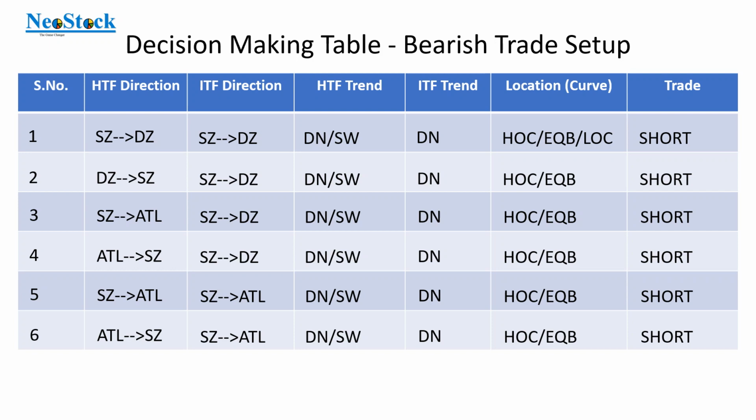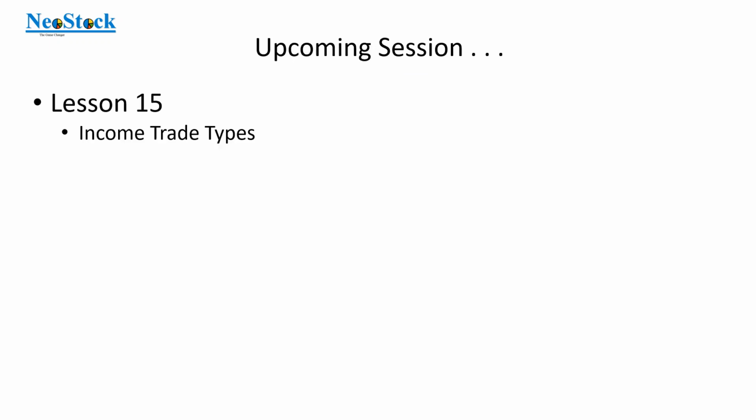So this is about the bearish trade setup. In the next lesson, you will be learning different income trade types. Income trade types related to short term, income trade types related to swing or positional, whatever you call. And another one is a medium term or long term point of view. These 3 categories you will be learning, and there you will be learning what is your HTF time frame, what is your ITF time frame, what is your LTF time frame. All these things you will be able to understand in detail,